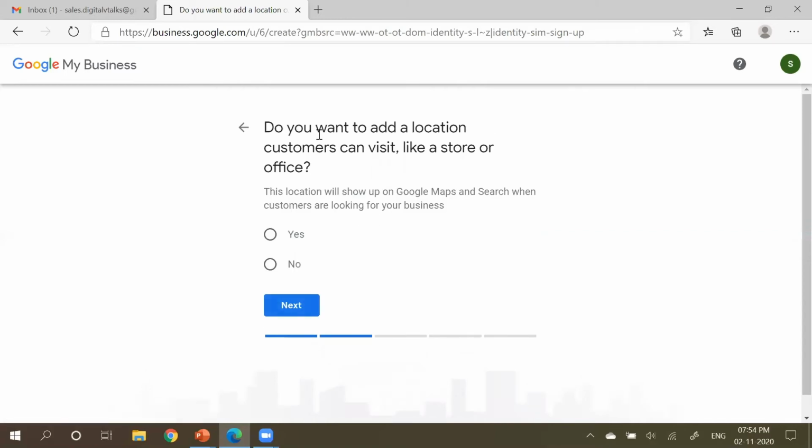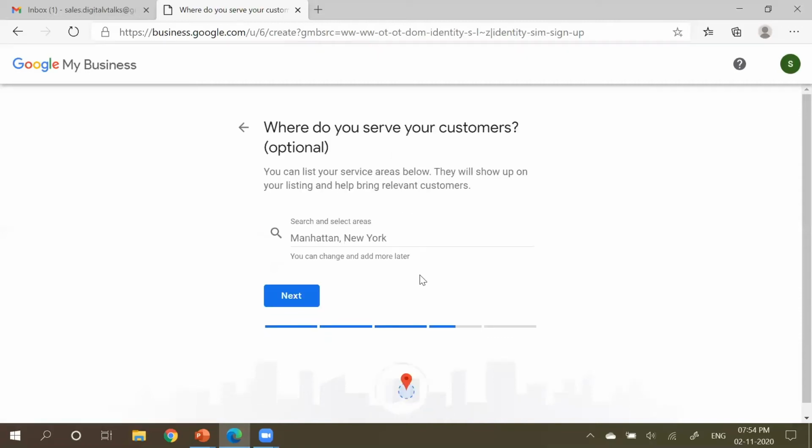Do you have a particular location which you want to represent for any of your stores? If you are giving any type of online services, in that case, you will say no. If you want people to know the location from where you are operating, in that scenario your answer will be yes, for which it is going to ask you detailed information, the location of your address. In the other situation, this becomes optional.